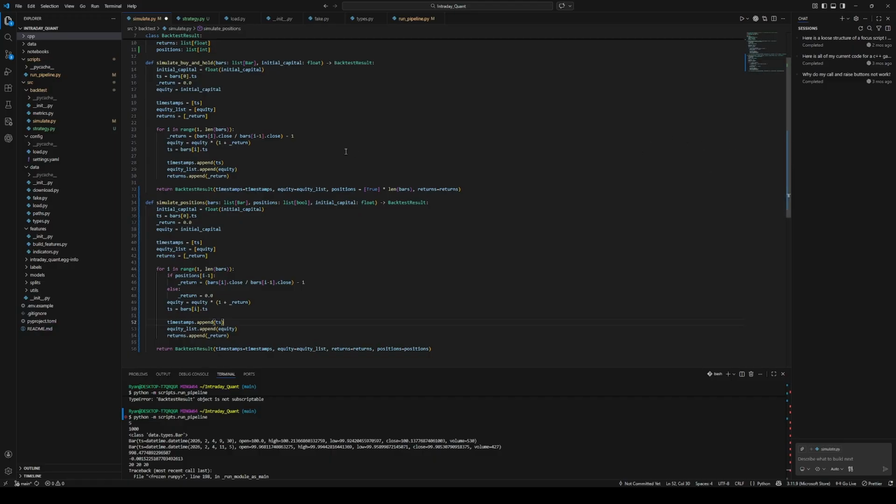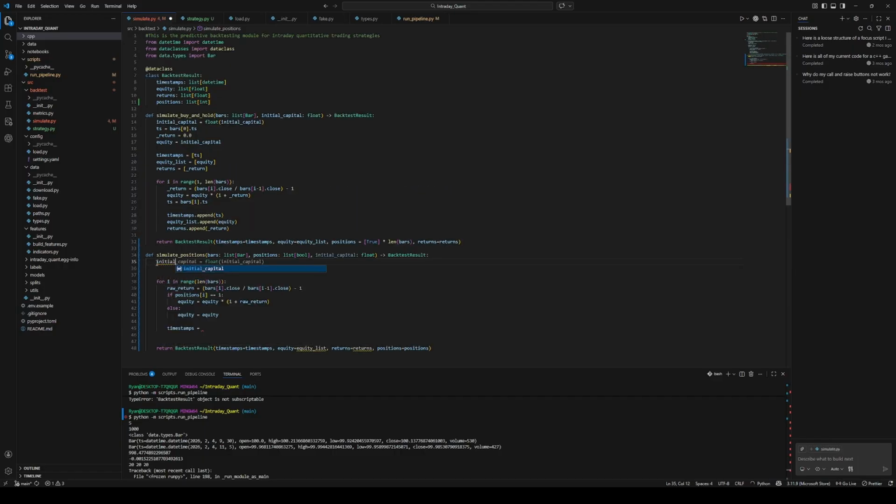So let's first start with simulate positions. I'm going to change it, and I'm honestly just gonna delete that. So let's begin. First, even though we've already done that, capital is equal to, we can just do that, that's fine. That's how I did it earlier, and it was working. The timestamps is equal to bar 0 dot timestamp, and then our returns is equal to 0.0,